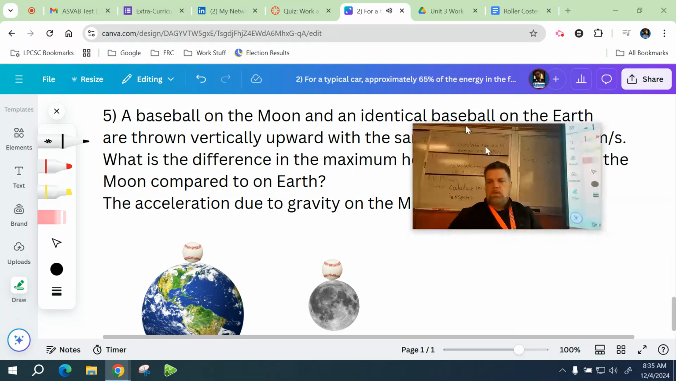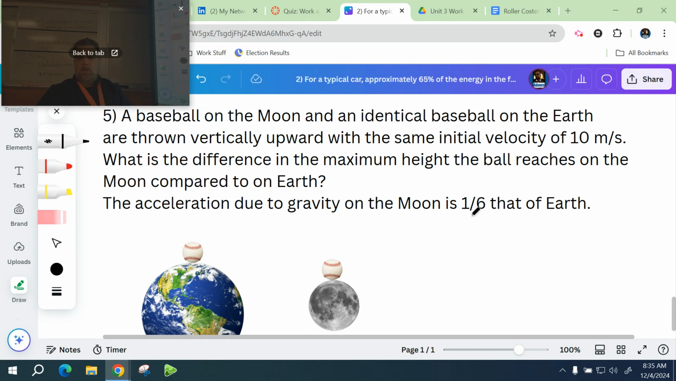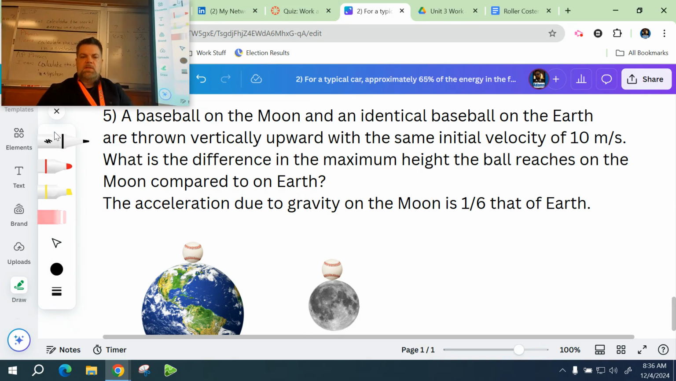All right. So, according to this, a baseball on the moon and an identical baseball on Earth are thrown vertically up in the air with the same initial velocity of 10 meters per second. So let's underline that. What is the different maximum height the ball reaches compared to on Earth? Well, this is interesting because we were talking about force and energy and stuff, and I said